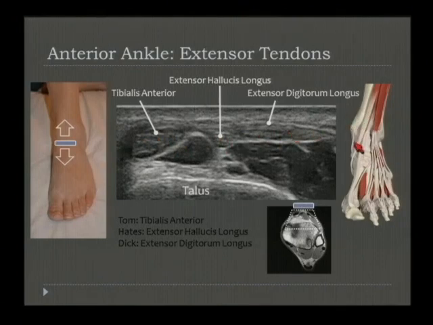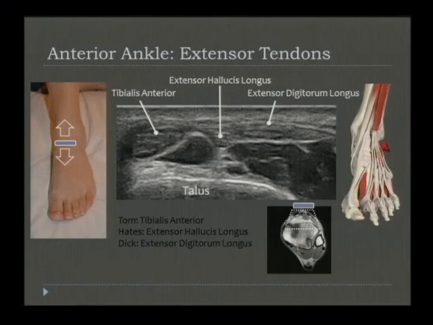Here we can see the bony anatomy as well as the ligamentous anatomy, with the tibialis anterior coming down, coursing along the dorsum of the foot along the medial aspect, and attaches to the medial cuneiform and along the undersurface of the base of the first metatarsal. Next up is the extensor hallucis longus, coursing along the dorsum of the foot and attaching to the distal phalanx of the great toe,